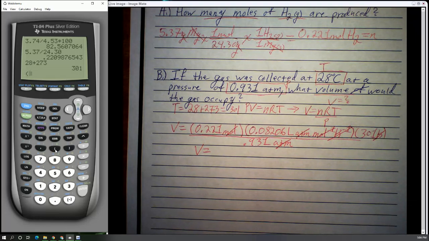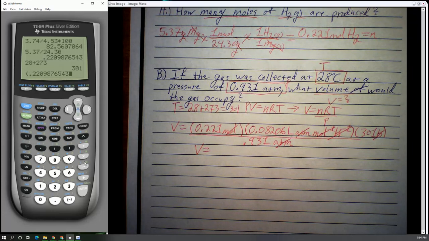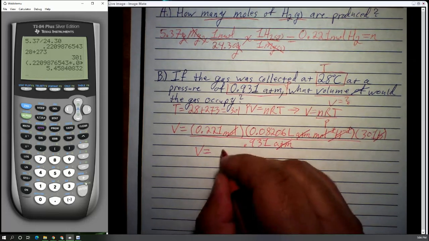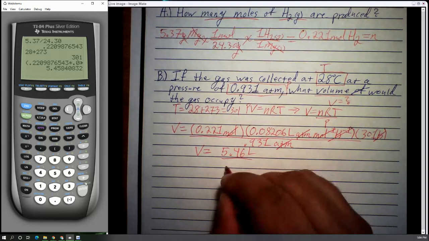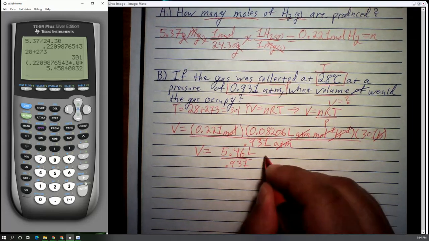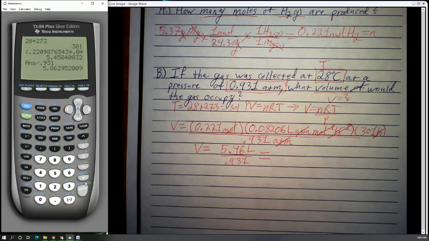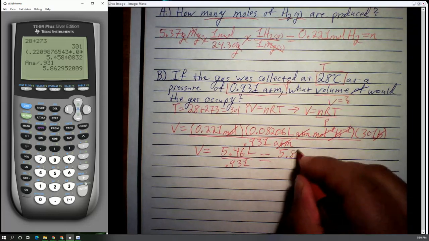Parentheses are our friend with a question like this. So we're going to take our moles, multiply it by 0.08206, and multiply it by 301. So that will give us 5.46 liters over 0.931, and we'll get a final volume of 5.86